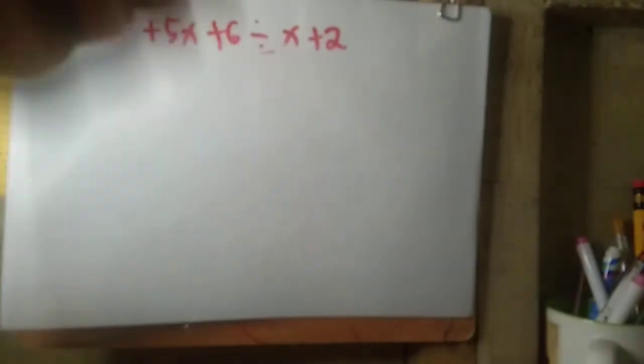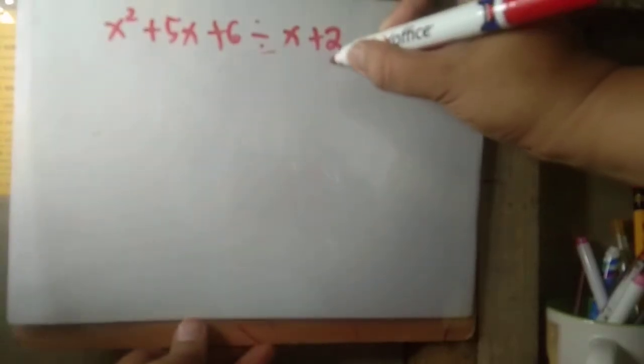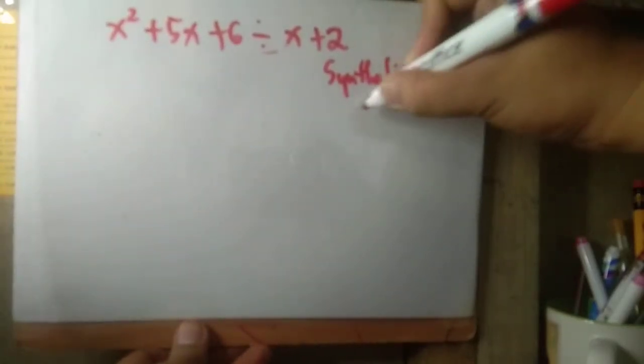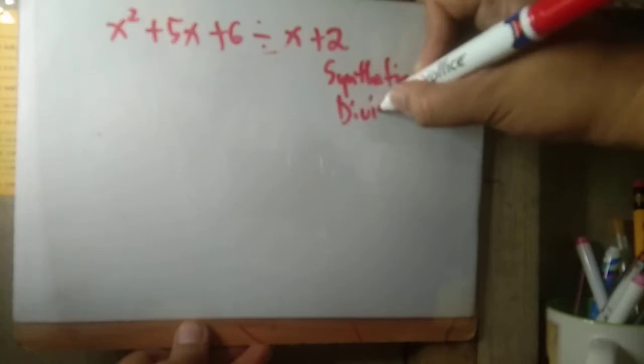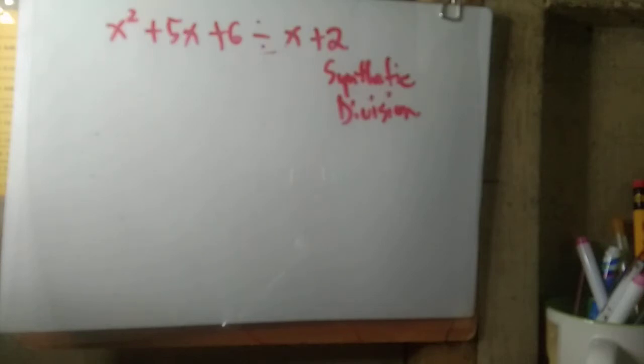Now using the same example, we will be dividing it using what we call the synthetic division. Synthetic in a sense that it is not the real division, but somehow it will get the same result. The idea here in synthetic division is that you will just be listing down the numerical coefficients